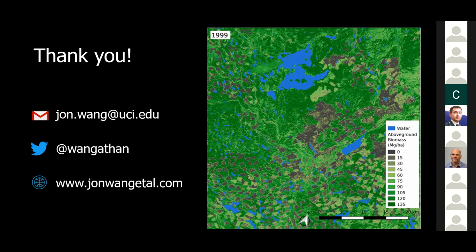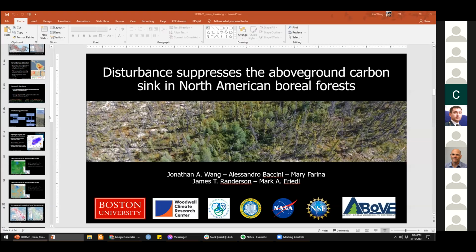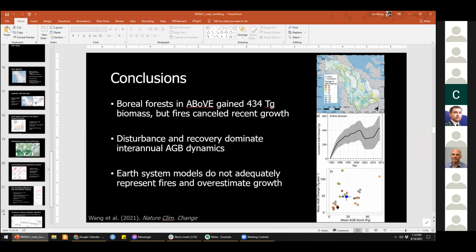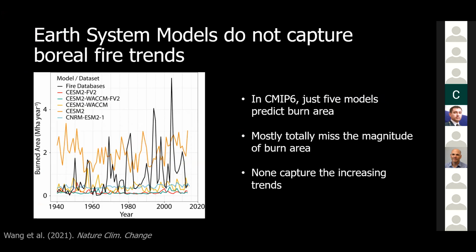If you could just go back a couple of slides, there was a lingering statement on how fires are poorly represented in Earth system models. So what are the processes that are not being captured, or what parameters are poorly represented? Is it just the drivers of fire, or is it both the trends and how those drivers will change and how that will impact the trends, or is it a combination of everything?